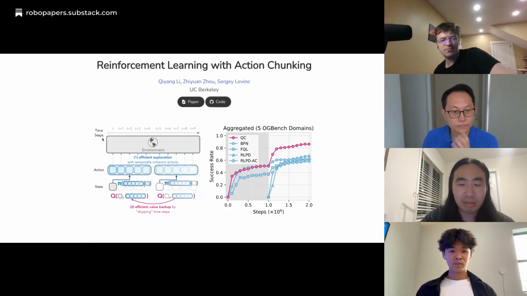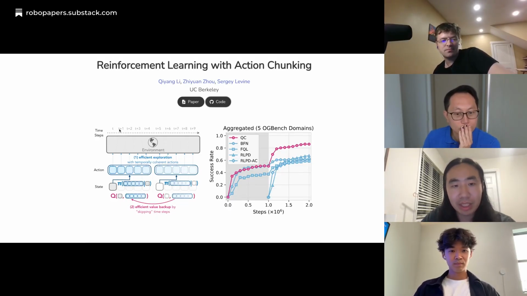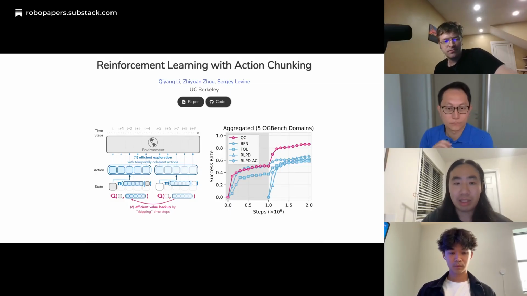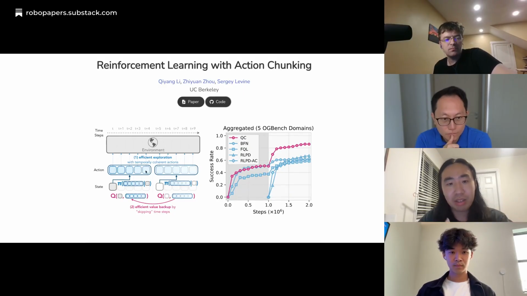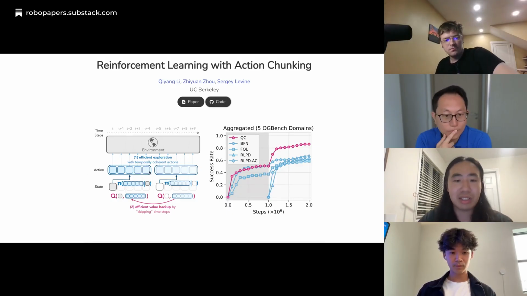If we reuse the same diagram here, at each time step t plus 1, t plus 2, we'll just produce one action given the current state and then do it over and over again. What an action chunking policy does is that instead of producing one action at a time, it produces a short horizon action sequence. So as we can follow the diagram here, from the state at time step t, it's going to produce what we call an action chunk, or just a sequence of actions for the current time step t plus 1, t plus 2, to a short horizon. Here, the horizon length is 5. But in general, it can be either longer or shorter.